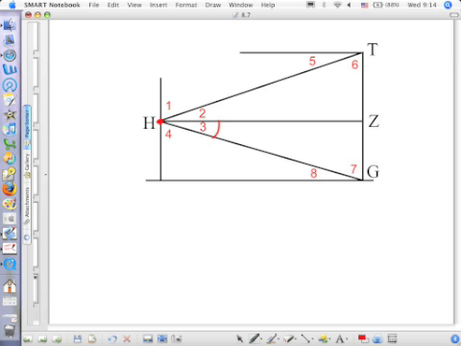The horizon would be this, correct? From the horizon, they are looking down to point G. So that would be an angle of depression. What is another angle that would be equal to angle 3? 2, 8. Angle 8. Because if you have a person at point H and a person at point G, when this guy looks down, he has an angle of depression that is the same as this guy looking